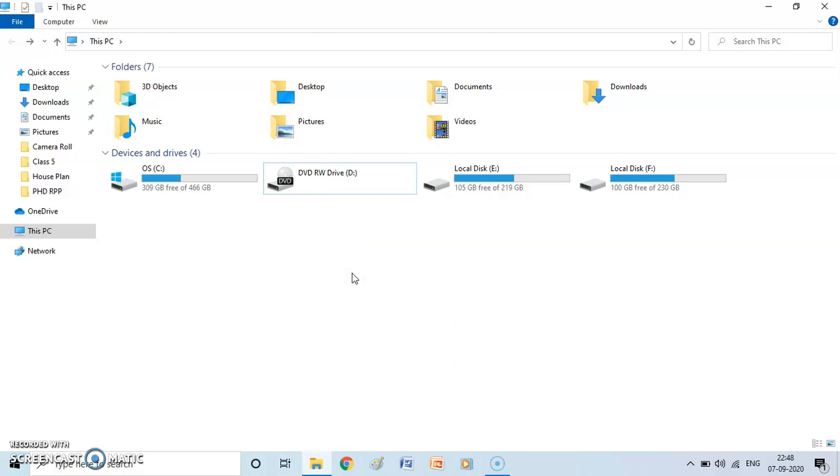This shows the removable storage devices attached to the computer, like floppy. Well, we do not use floppies anymore, but pen drive, CD drive. And to view their contents, again you will have to double click on the icon. Right now I do not have a CD in my computer, but if I double click it, it will open. Now a CD drive is generally given a name in alphabetical order after the hard disk. So you can see that this is C, so the next drive is D. After that my partitions have come.